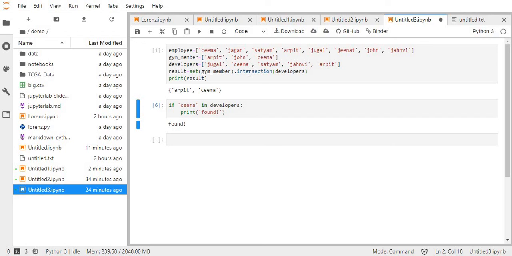Now what if I want the employees who are neither gym members nor developers? To do this, we will use the difference method on our employees and then compare that to the other two lists.